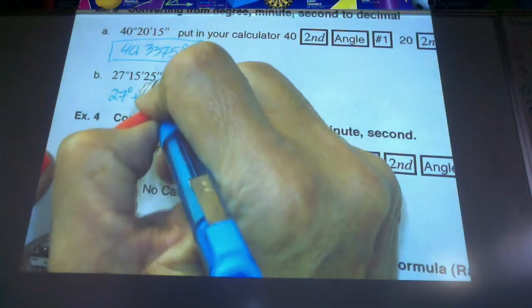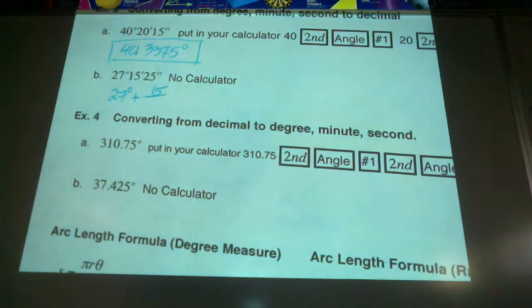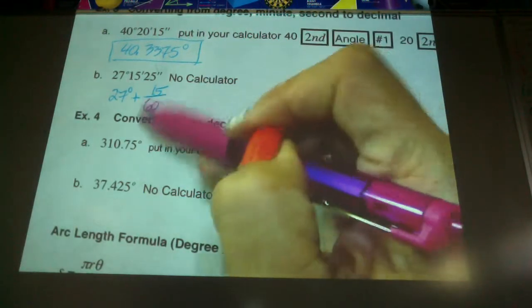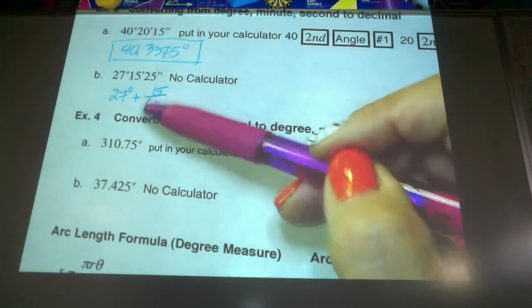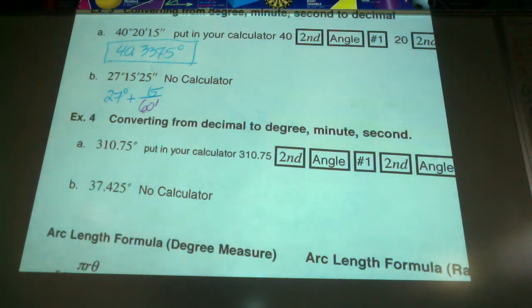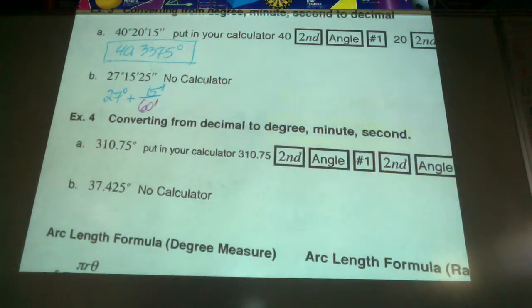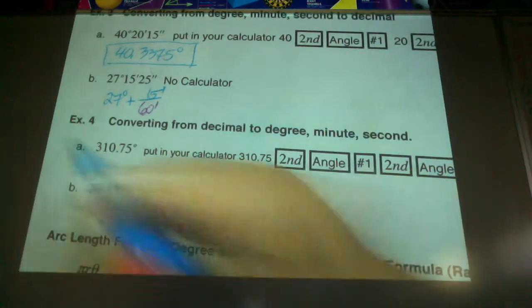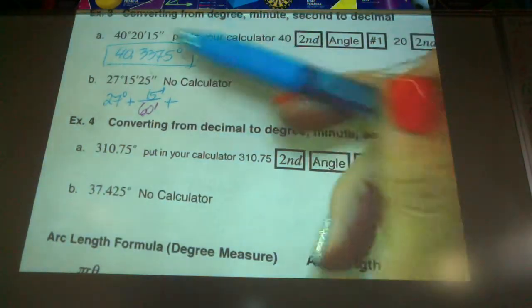Okay, so if I put the 15 minutes over 60 degrees, won't that give me the portion, because 60 minutes is equal to 1 degree? So that's my minutes and my minutes. That's going to be my conversion to what portion of a degree that is. And we'll deal with that in a minute. Plus,